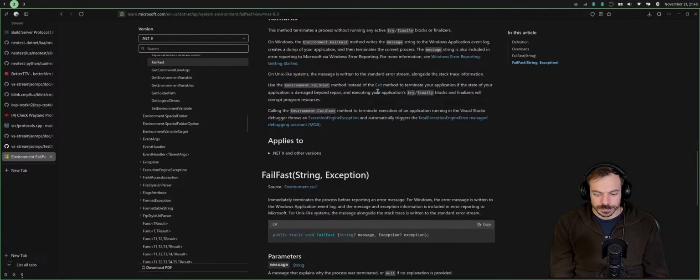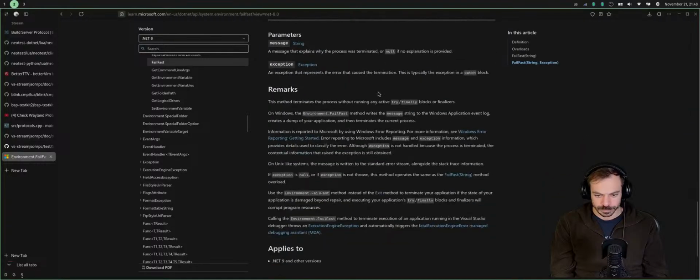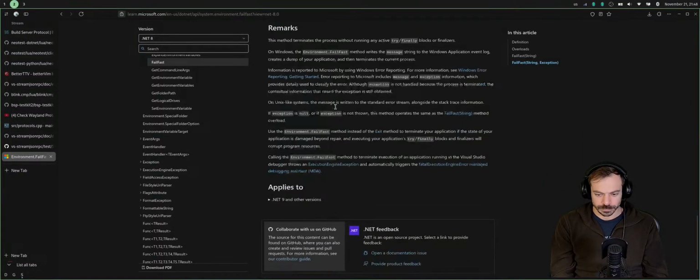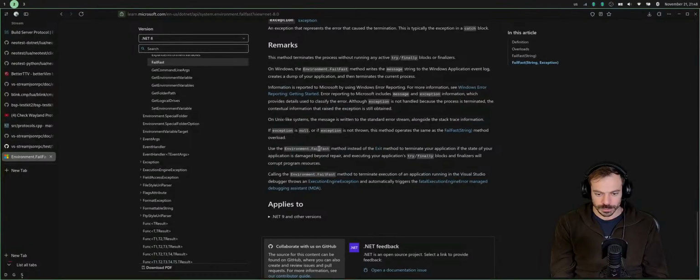Remarks. Use the fail fast method instead of the exit method to terminate your application if the state of your application is damaged beyond repair, and executing your application's try-finally blocks and finalizers will corrupt program resources.